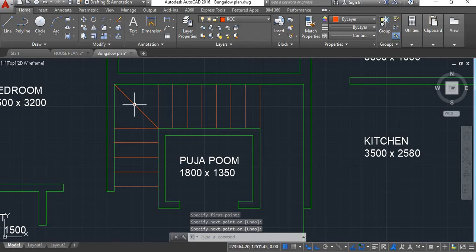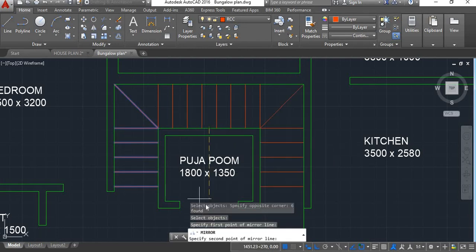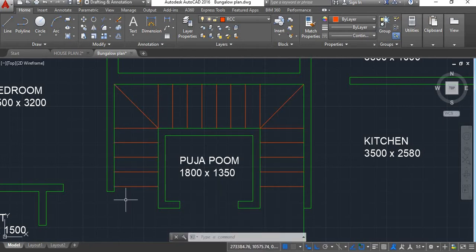So we'll provide a winder here. Now we'll mirror this. Now here you can count the number of risers. There are 20 risers and 19 steps in this whole staircase.